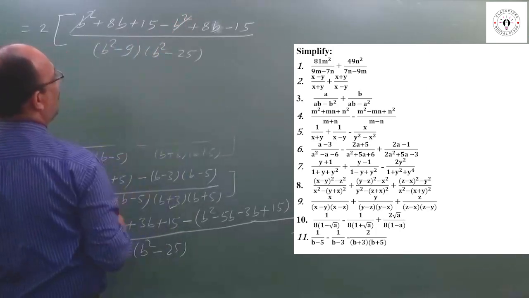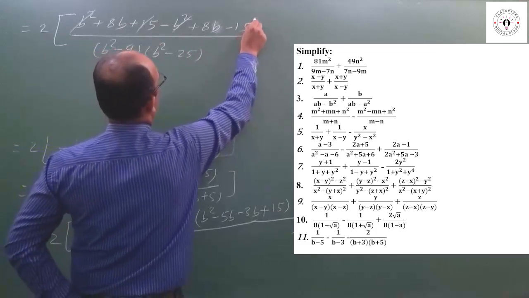Plus b square cancel, plus 15 minus 15 cancel,